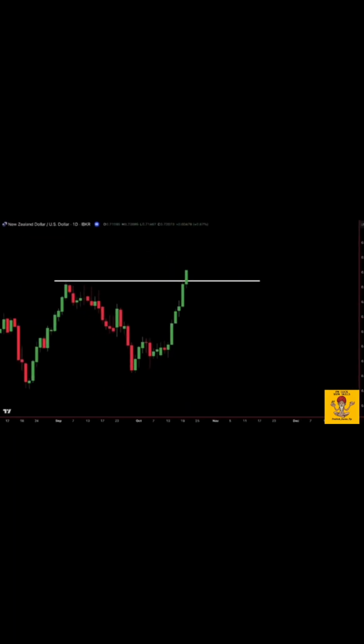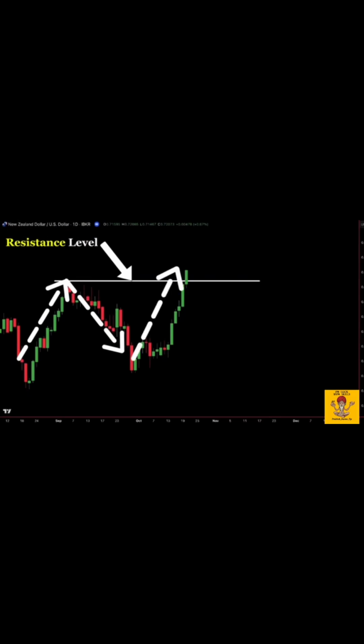Look at another example. The market makes a strong move to the upside and hits a level, then reverses sharply. That rejection gives us a clear resistance level. Later, price pulls back again and breaks through that resistance. This breakout looks like a textbook